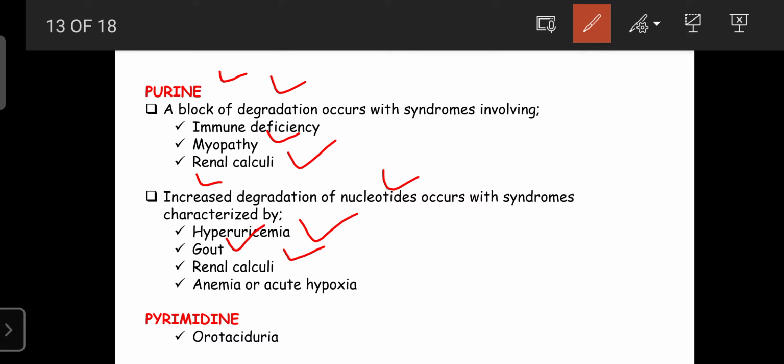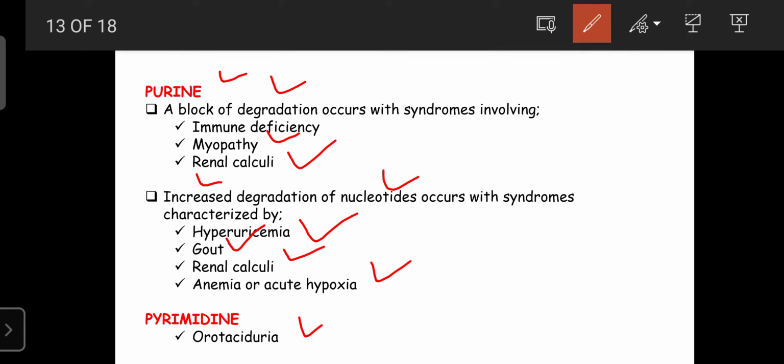The person may also suffer from anemia or acute hypoxia due to increased degradation of purine nucleotides. Regarding the pyrimidines, the person more commonly suffers from